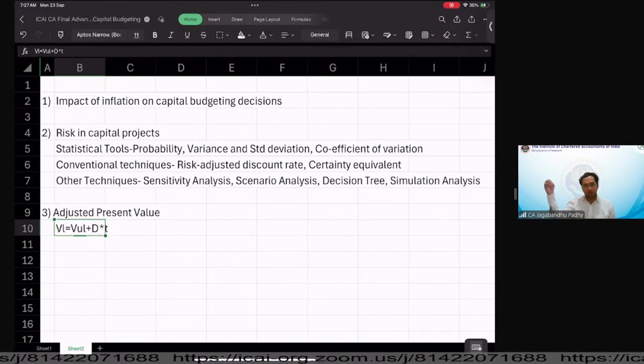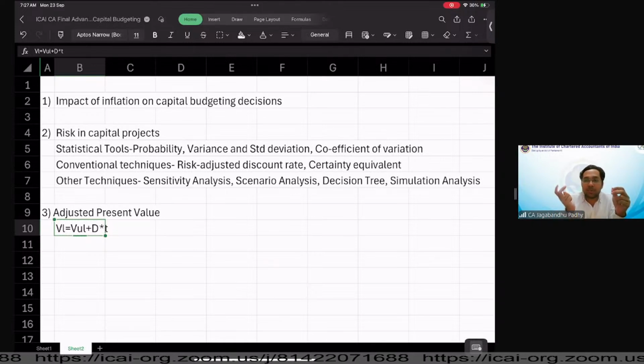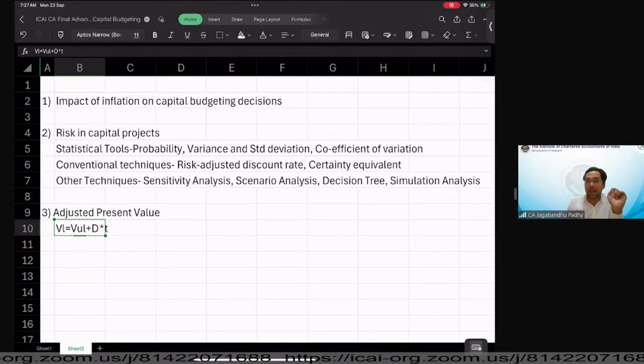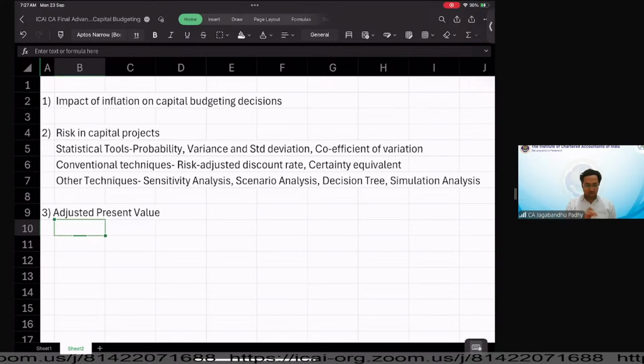So this was the MM model which we had. That concept is now being brought into the capital budgeting decision, where we are going to value a project, assuming first it is unlevered, and then we value it, bringing in the benefit of the tax saving due to the debt. That's our adjusted present value. Okay, so these are the topics that we are going to cover as far as the practical sense is concerned.